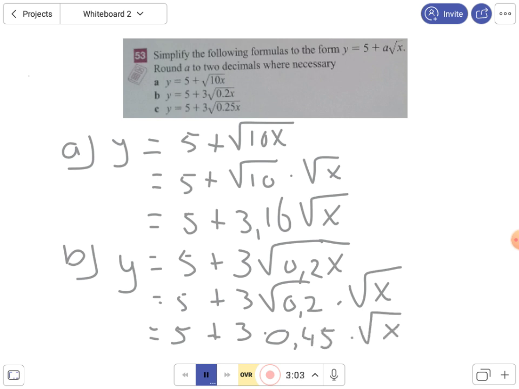And then the last thing you do is 3 times 0.45 is equal to 5 plus 1.35 square root of x. Exercise C works the same as exercise B, so I don't think it's necessary